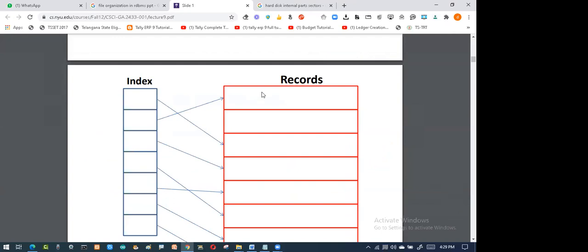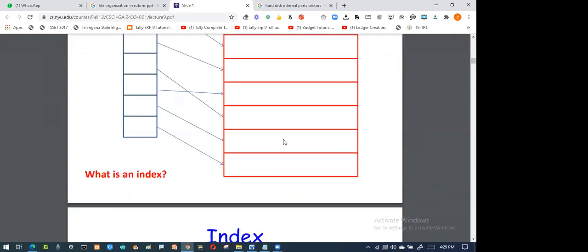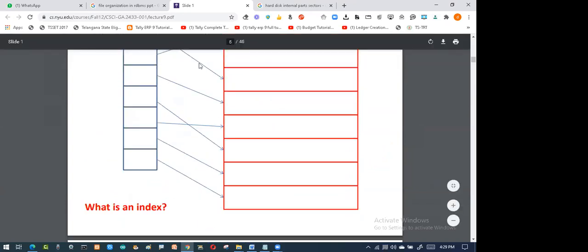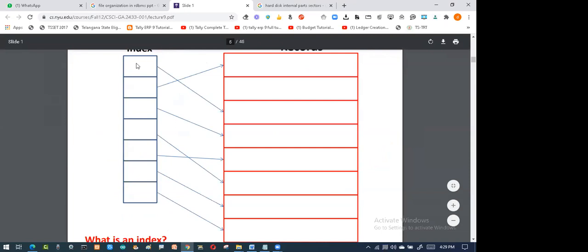Because I have thousands of records that have been arranged in this track, I have been labeling those things and putting them in a box, saying this is 1, this is 2, this is 4, 5. So this index is going to take care of that. Okay, he's asking for the first record. So in this they will see the first and jump over there. Like this, the index organization.